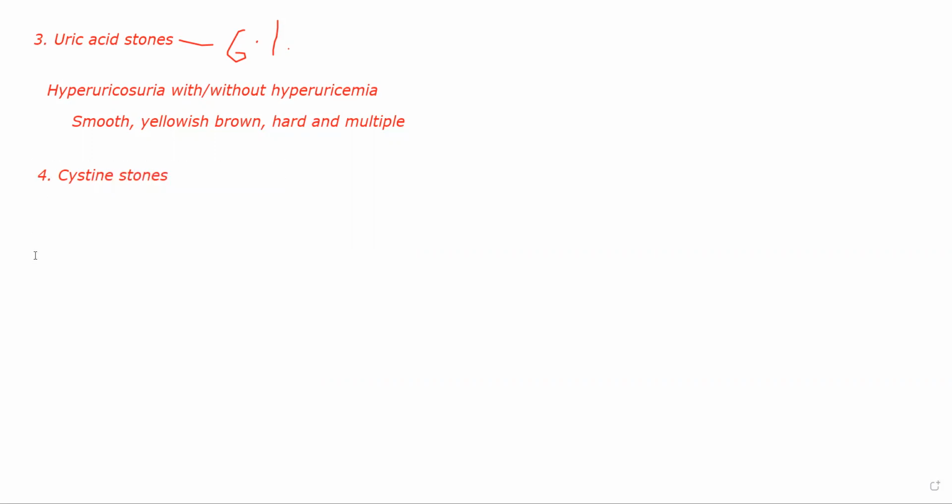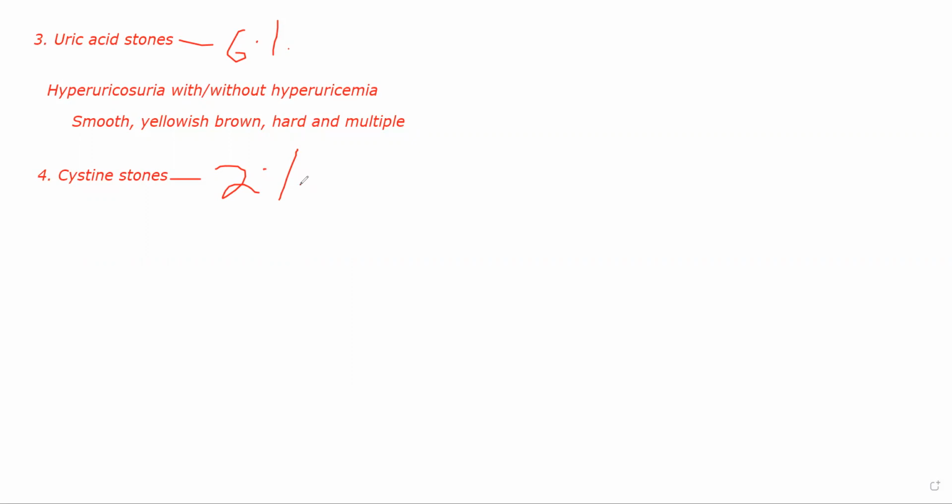So cystine stones, sorry, cystine is a different thing. Cystine stones occur when cystine, which is an amino acid present in your body, is not metabolized properly. When excessive amount of cystine is either being excreted out of the body or there is a metabolic disorder wherein cystine is not transported properly, it is not metabolized properly. That is when you see cystine coming into the urine in excessive quantity, and this is essentially a genetic disorder, and this will occur in 2% of cases. In 2% of patients who have urinary calculi, you will see cystine stones.